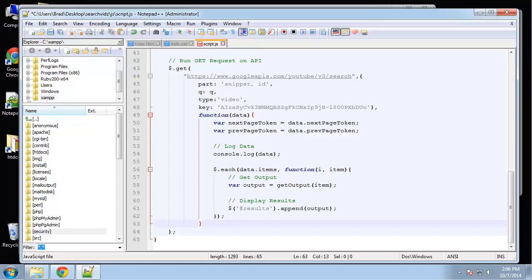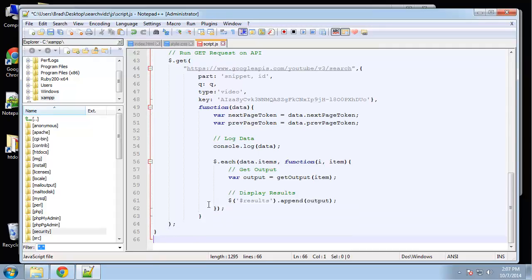Alright, so we've made our initial GET request and we're getting data back from the API. So what we've done is created a loop, and in that loop created a function to get the output that we need. Alright, and then we passed in the actual item from the data. Alright, so we need to go down here